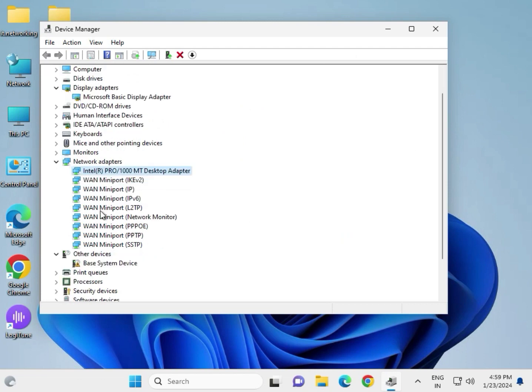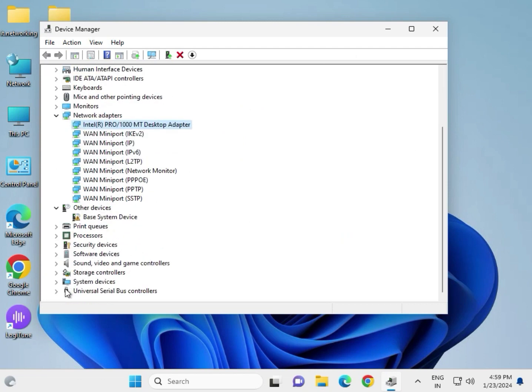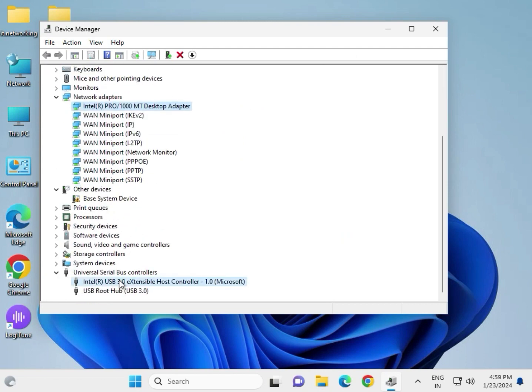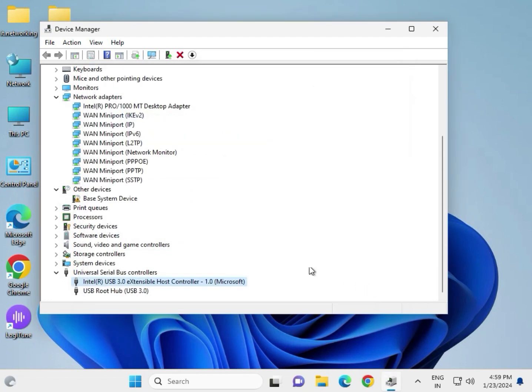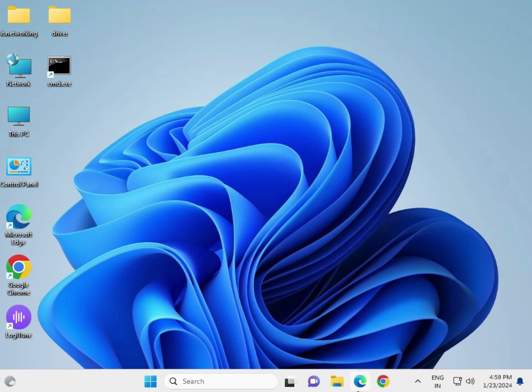One by one, okay, this is Universal Serial Bus 3.0, and right click the same, Update driver, and search automatically, then close it. Then close it. Then next,